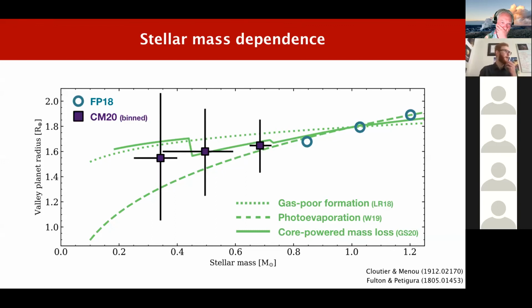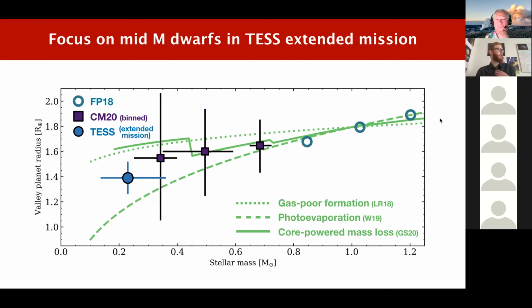There have already been measurements of how the radius valley moves as a function of stellar mass. What I'm saying is you want to go down to the really low mass stars where the models actually become discrepant. They're not all clumped together, so you can actually tell the difference. But because not very many of those stars have been observed, the error bars shoot up and you can't do anything interesting. So we proposed, in the TESS extended mission, to specifically target these low mass stars, these